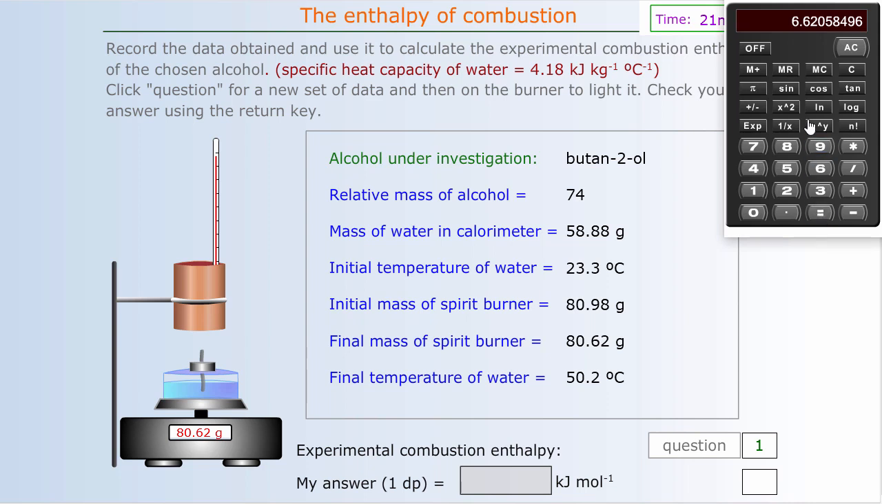Let's put this into the memory, 6.62. Okay, and now let's calculate the actual number of moles by finding out the mass of the spirit burner that's gone down. So the mass of the spirit burner has decreased by 0.36 grams. So with 0.36 grams of butan-2-ol burned, we divide that by 74, and that gives us